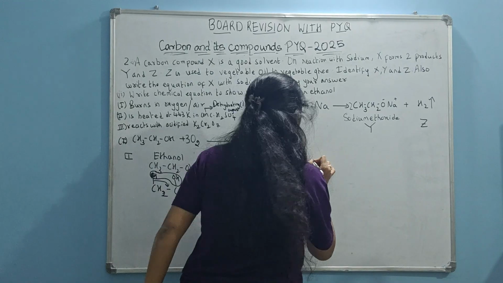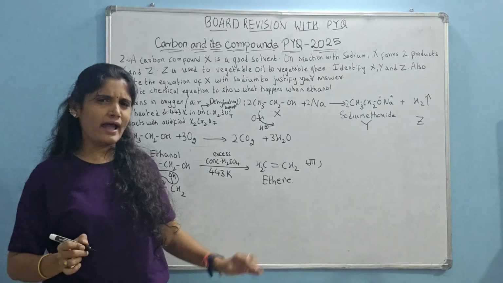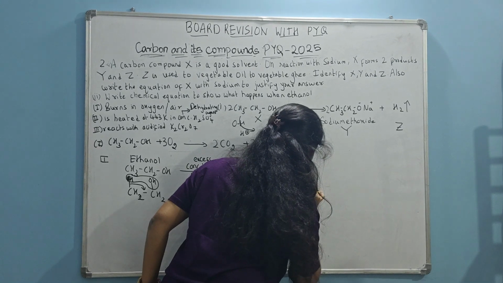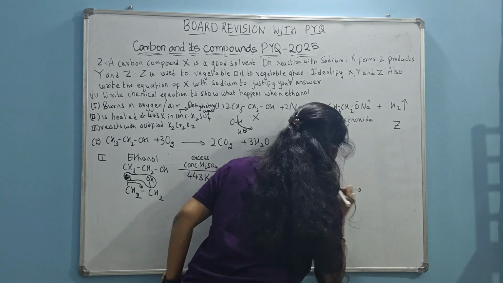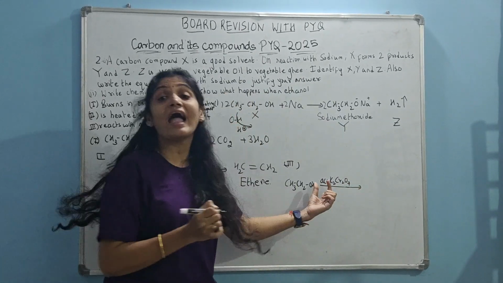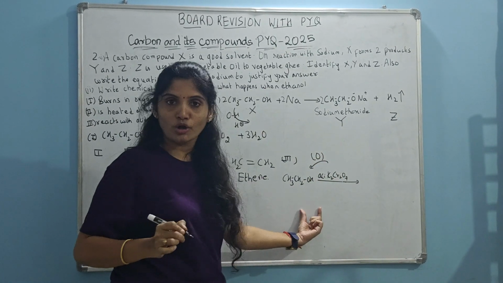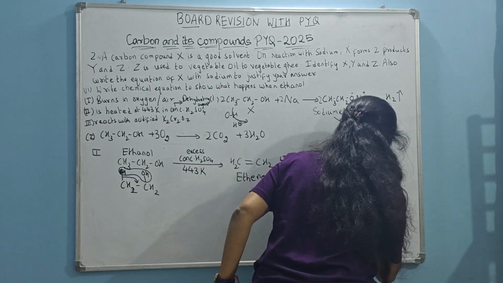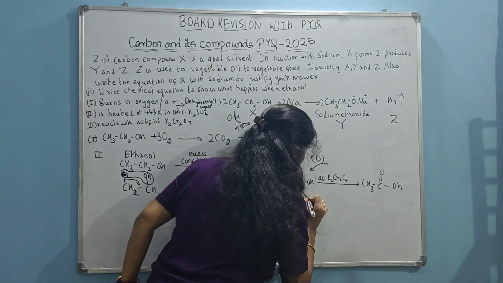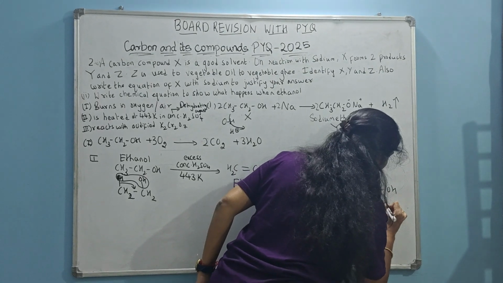Now the final reaction, the third one, what is the third question given here? Ethanol reacts with acidified potassium dichromate. I have just done this in the previous question, so I will do it quickly. Ethanol. Now when I have taken acidified potassium dichromate, what is the role of acidified potassium dichromate? Acidified potassium dichromate here is acting as an oxidizing agent, so it will supply a nascent oxygen onto the ethanol. Ethanol on oxidation will give me what? Ethanoic acid. So this is my ethanol. It is undergoing oxidation using the oxidizing agent potassium dichromate, giving my ethanoic acid.